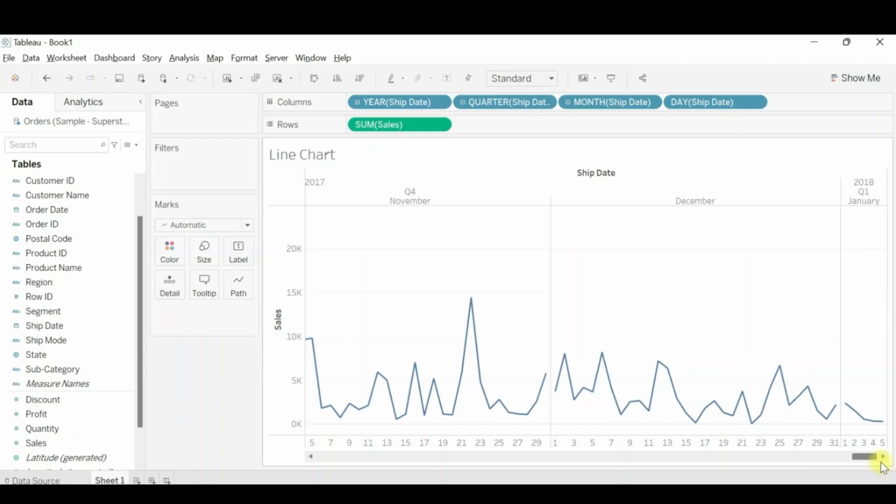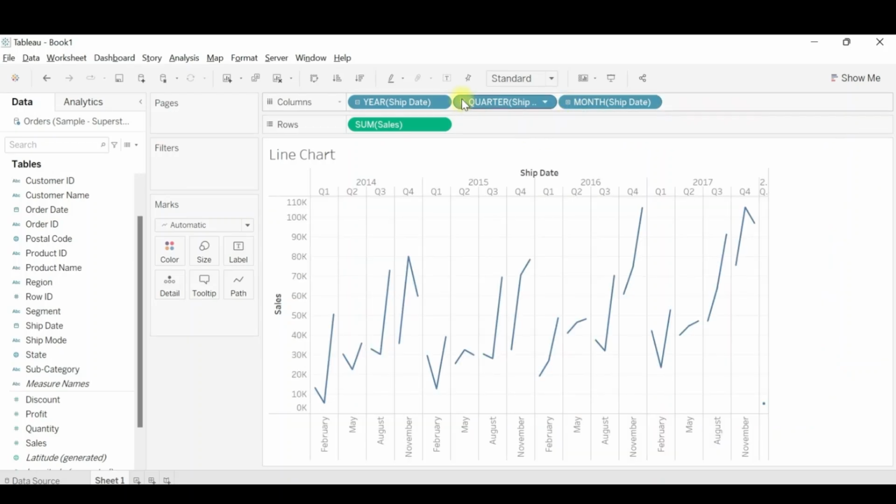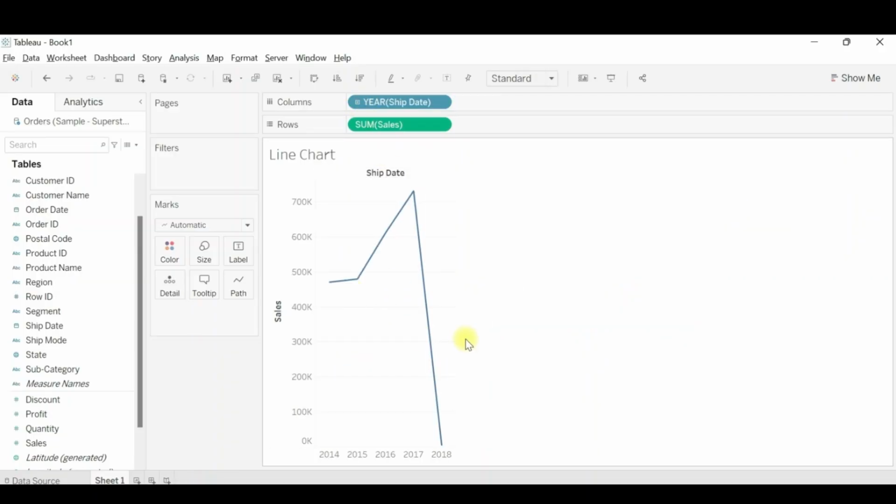So this is one way to create the line chart. Also, one more tip here: if you need to go back, that is drill back to the highest level, you can see a minus sign now. So you can click on this minus sign. Again, it is wrapped up to month. If I do it on the quarter, it will be wrapped up to quarter, and if I do it on year, it will be wrapped up to year again. So this is another way we can do it.